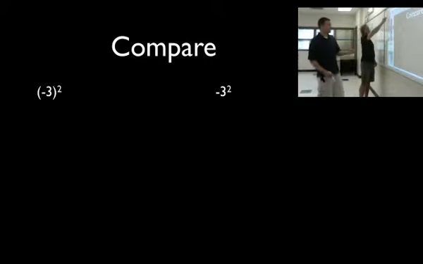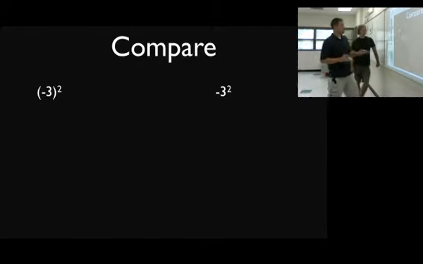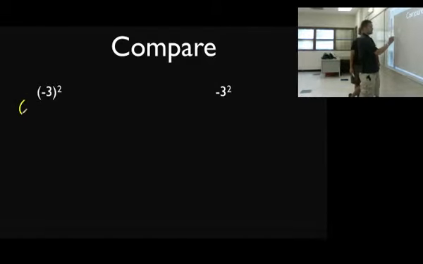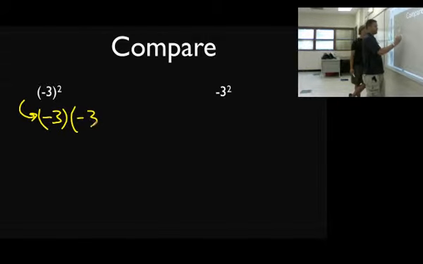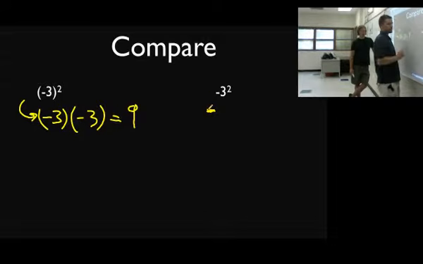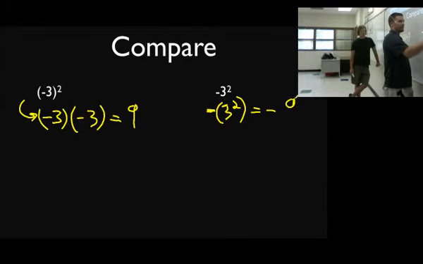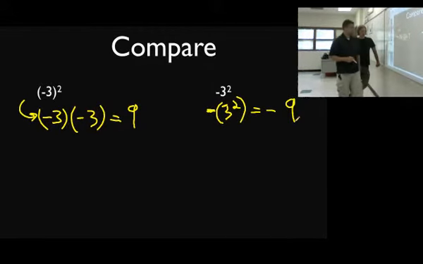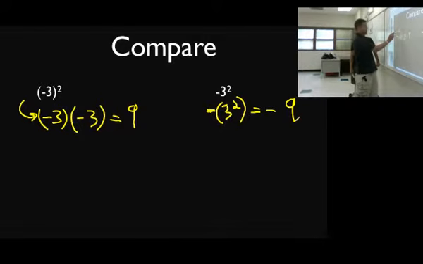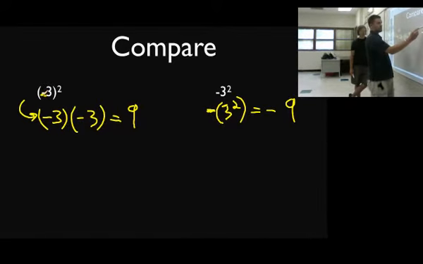All right, so we've got to be really careful with negatives. For instance, in this first example, what we're actually doing is taking -3 times -3, right? -3 squared is going to give you a positive 9. Here, however, we've got -3 squared. You can think about it like this: -3 squared is going to be -9. So be really careful on quizzes and homework where this negative sign is, whether it's inside parentheses or